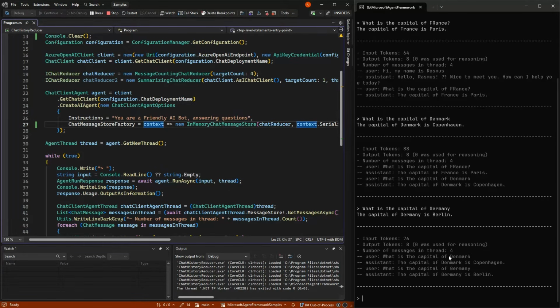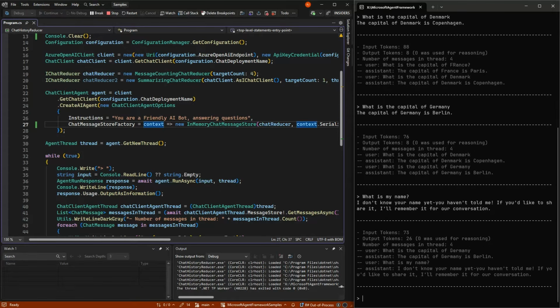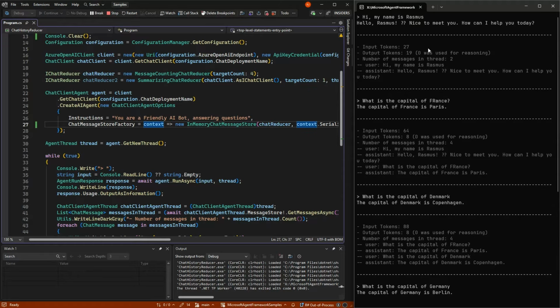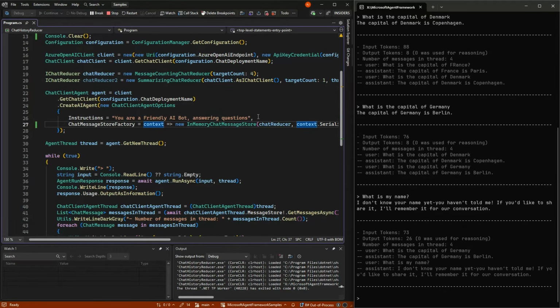But the drawback of this is, of course, that when I say, what is my name, then it won't know because it's out of context, meaning the chat reducer has reduced it down to something where my original message of, hi, my name is Rasmus, is gone. So 4 might be a little too low a number, but you could, for example, say it should be 10 or 100, or all, depending on what your situation is.